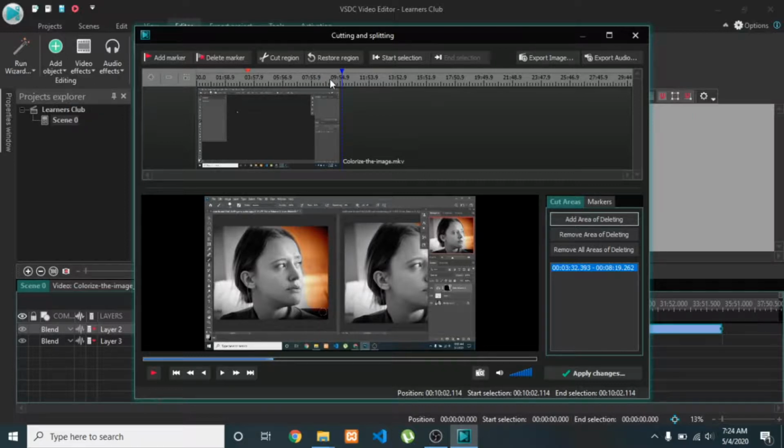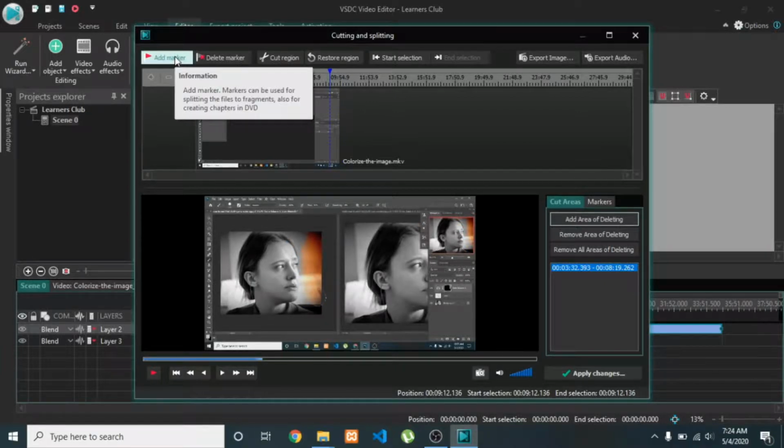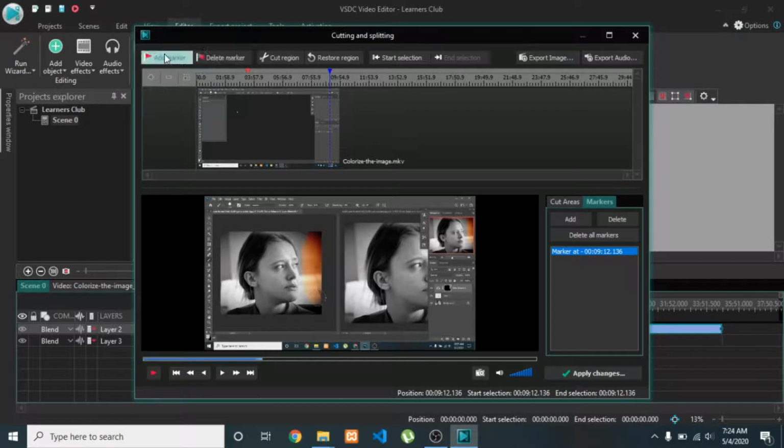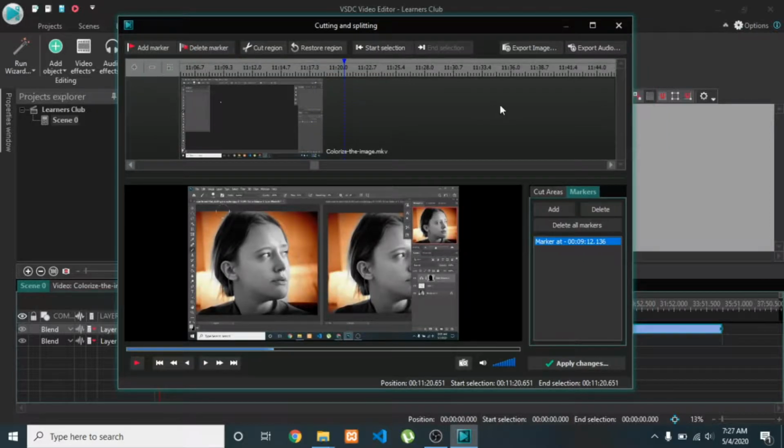So for that I will take a handle to the place where I want to start the trimming and add the marker here, which option is available in the left corner. After successfully adding the first part, I mean starting point of the trimming, you can just add ending point of the trimming.